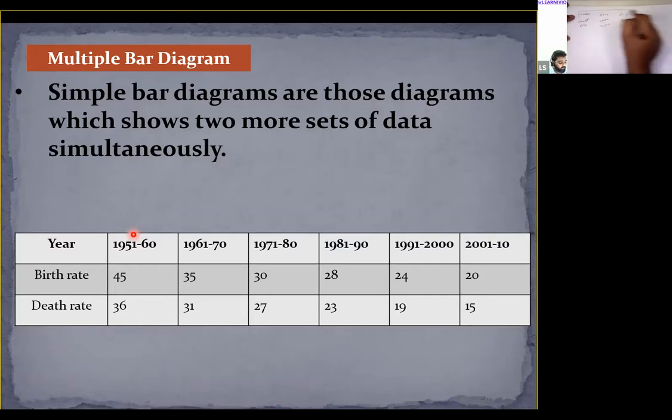These are the different information. Basically, there are two data regarding every year. So in order to present this data on the diagram, we'll have to prepare the multiple bar diagram. This data cannot be presented using the simple bar diagram. This time also we will be taking two axes, y-axis and x-axis. This is y, this is x. And on the x-axis, again, we will be taking the value of years. Different years will be presented on the x-axis. And production of wheat and rice will be shown on the y-axis.